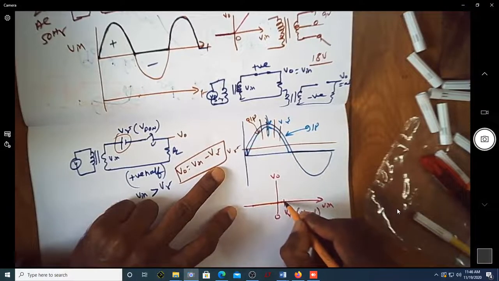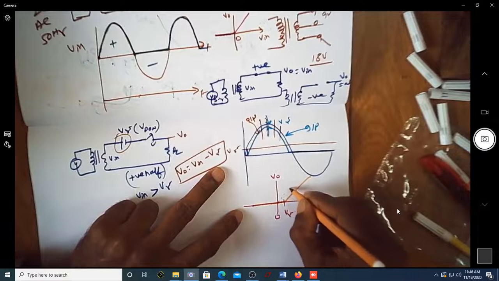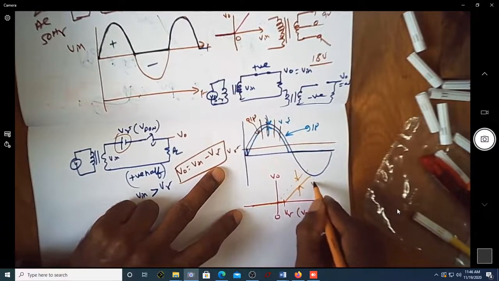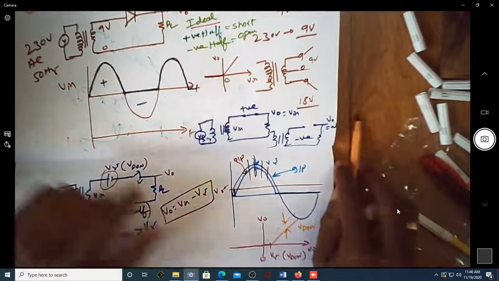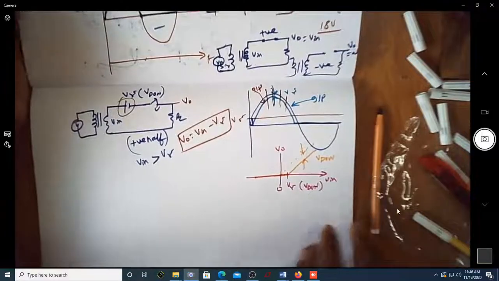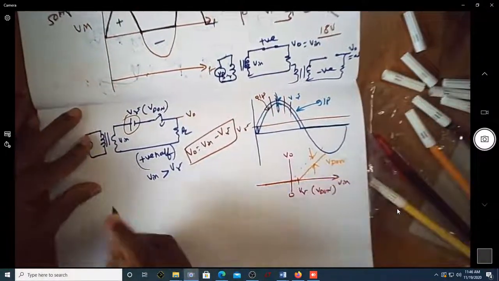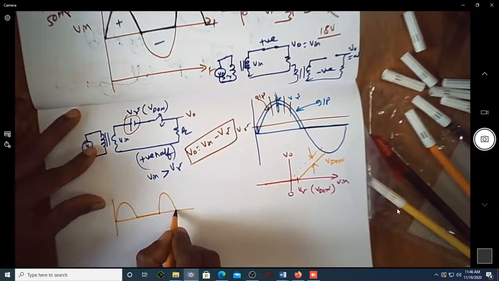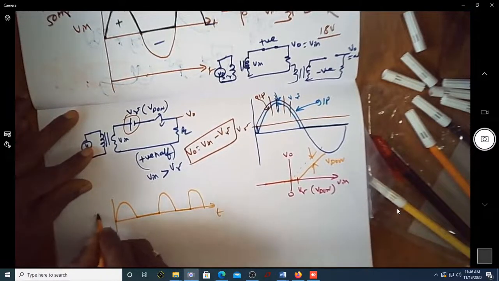Once the input voltage exceeds VD on, you can see it is increasing. So if you consider this as the reference point, at each and every point you're going to have a VD on difference, or V gamma difference. That's what we saw here. This is how you'll get a pulsating DC. For an input sine wave voltage, you are getting an output voltage which is something like this. The negative half cycle is 0. This is time, this is V naught.